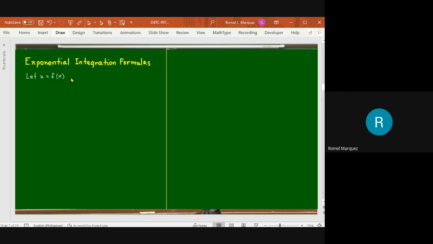Assume this is a differentiable function. Is it recorded, guys? Na-record ko ba? Guys? Yes po, sir. Okay. Yes po. Then,